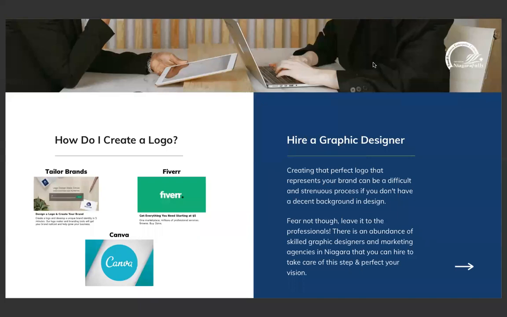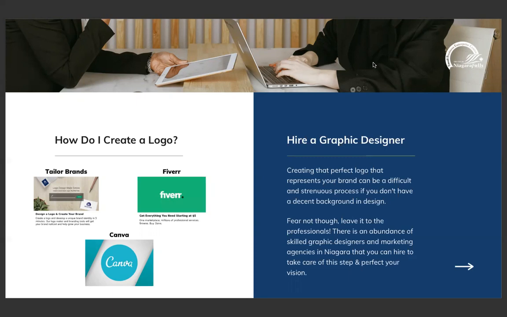The final one that we've listed here is Canva. And Canva is an awesome online resource, sometimes free, but also a paid option if you're looking to get into it a little bit further, that lets you design the logo yourself. So you're gonna have an easy drag and drop interface here in Canva, something along the lines of what you're used to seeing maybe in PowerPoint or even Microsoft Word, where you can move items around, you can move text around the page, and actually create your own logo here.